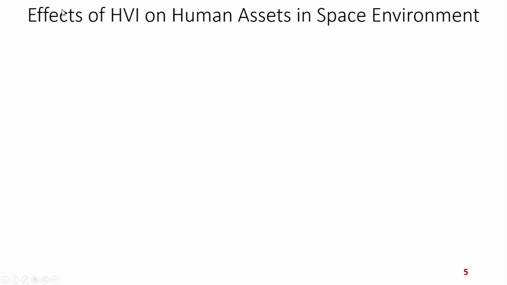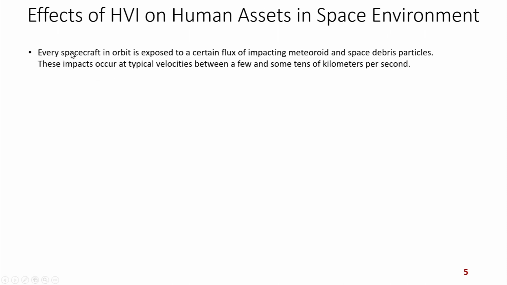Now we will see what the effects of these high velocity impacts are on human assets. Human assets means, as I said already, spacecraft, or the space shuttle, or a space station. All the space objects and other assets in orbit are exposed to a certain flux of impacting meteoroid or space debris particles. These impacts occur at typical velocities, as I already said, from a few to tens of